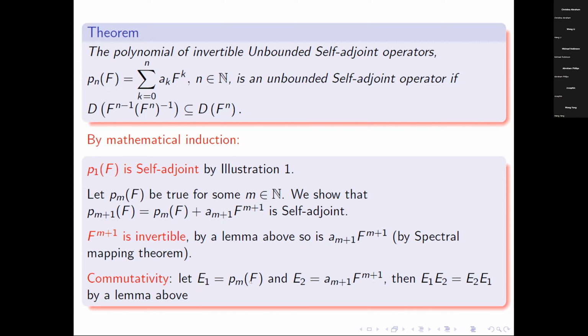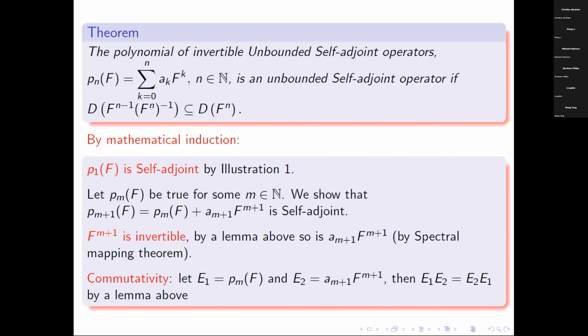Then you come up with two operators E1 and E2, and these two operators are unbounded and also self-adjoint. Therefore, they will commute by the lemma that we discussed above. And second, we also discussed that the powers of these operators are invertible, given that F is invertible. Therefore, we have also satisfied